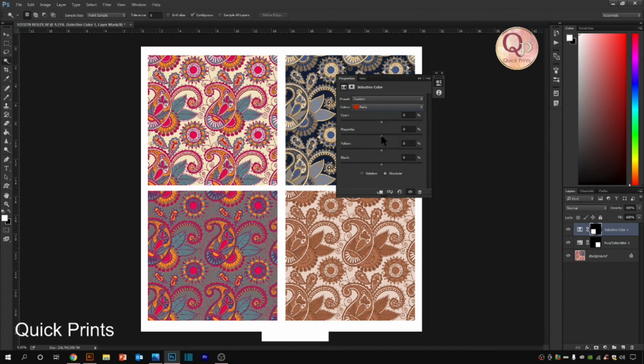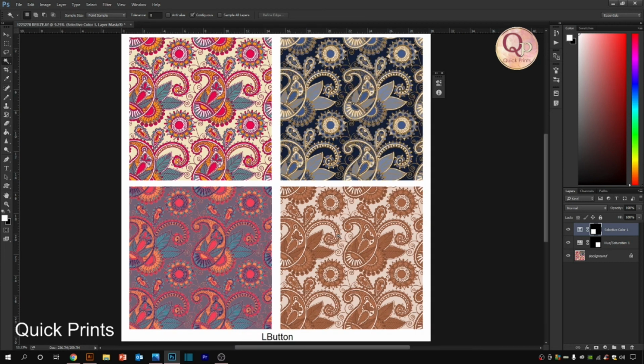Now work on the red. Red would be, because yellow also has some tint of red, that's why it's also changing. Let's work on yellow. Make the yellow, yes. And now the point is cyan. This is a turquoise kind of color. I just want to keep it blue, so let's make it blue. Yes. So now the thing has come.